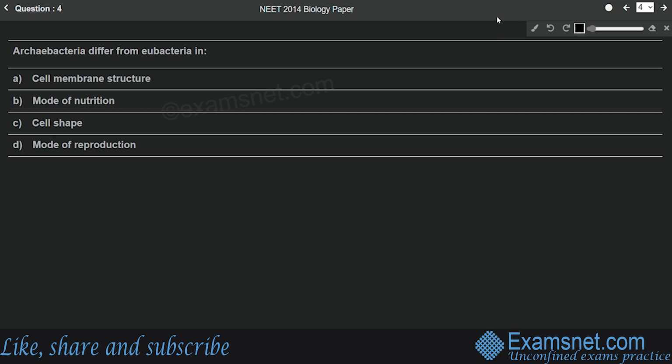Question number 4 is again from the chapter Biological Classification, and the question is, Archaeobacteria differ from eubacteria in option A, cell membrane structure, option B, mode of nutrition, option C, cell shape, and option D, mode of reproduction. As we know, Archaeobacteria are considered as the primitive form of bacteria, right? So what is their specialization? They have a different cell wall structure. Unlike the eubacteria, they do not have peptidoglycan in their cell wall, but their cell